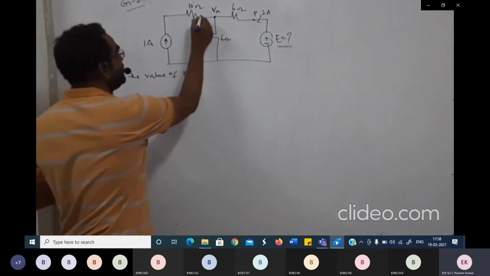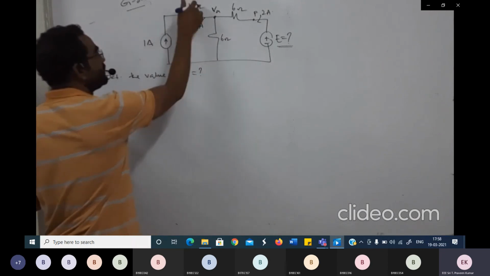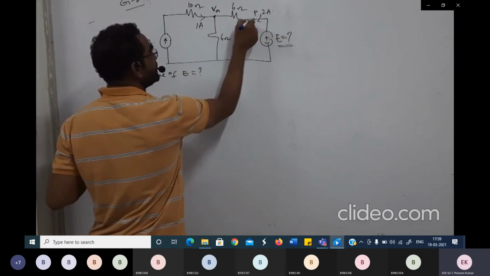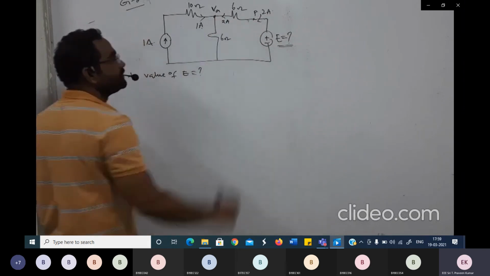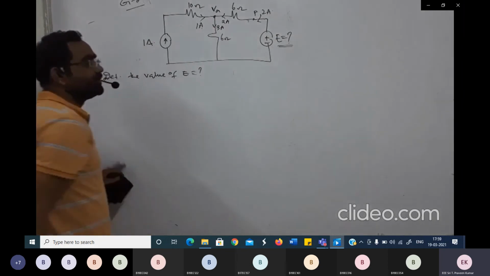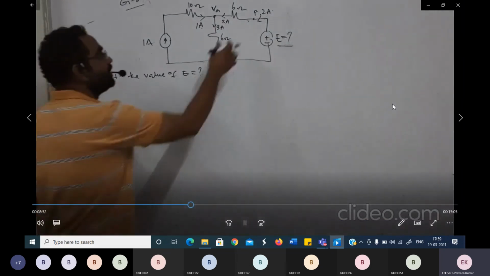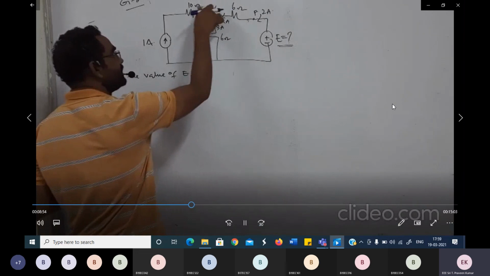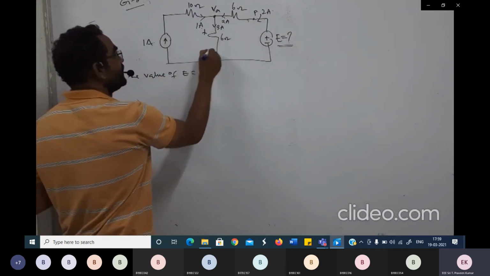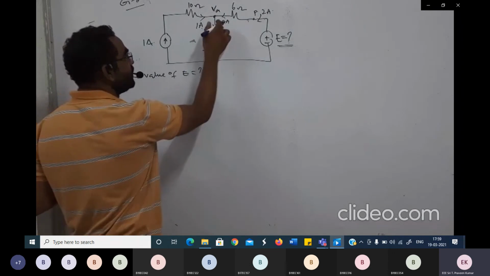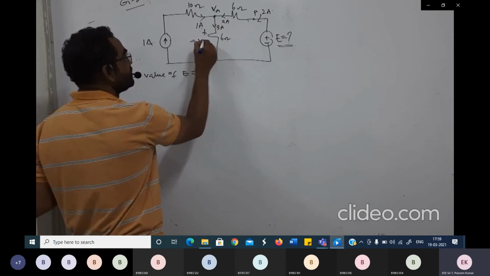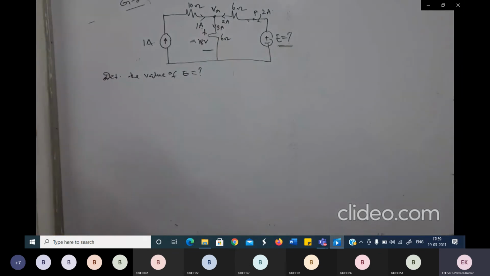If you can see this, it means that 1 ampere current is flowing through the 10 ohm resistor. And here it is mentioned it is 2 ampere. Now what is the current flowing in this will be 3 ampere. Just simple KCL I am using here. This is 2 ampere, this is 1 ampere, both into the node, then the current flowing to this 6 ohm is 3 ampere. Now what is the voltage across this 6 ohm resistor? Voltage is current multiplied by resistance, 3 multiplied by 6, which is 18 volts.